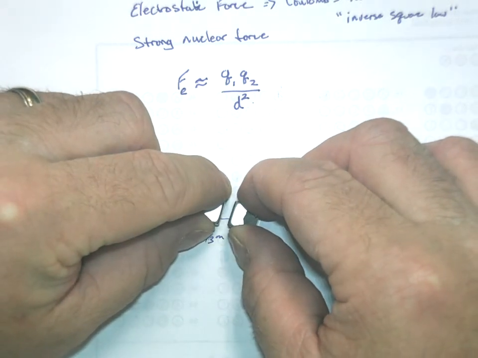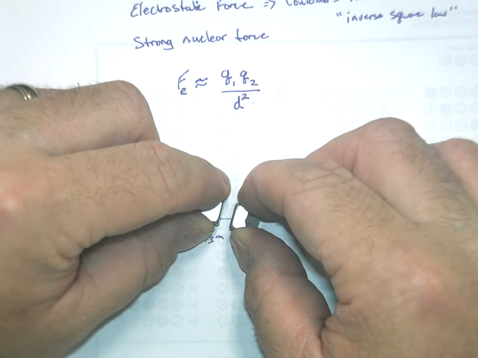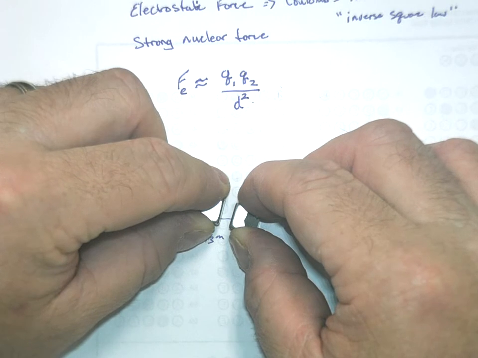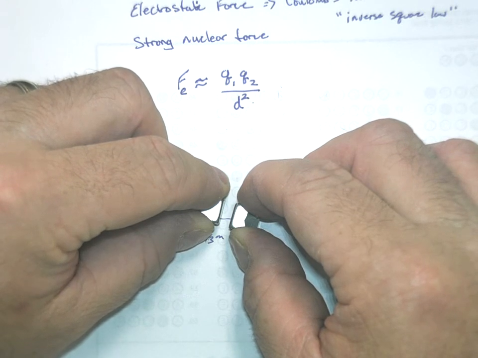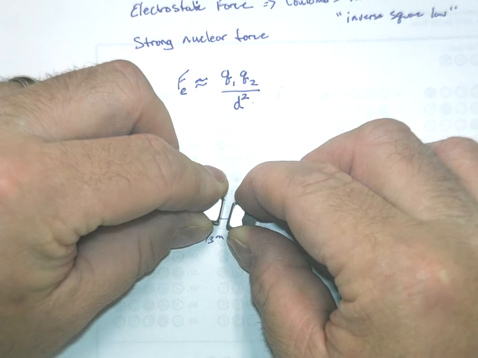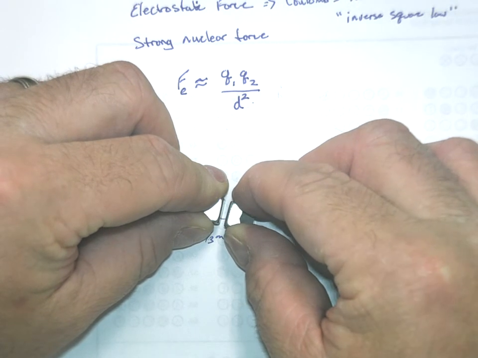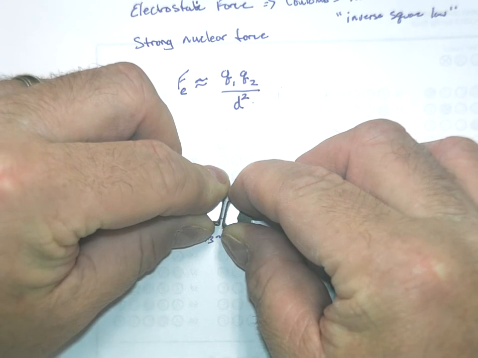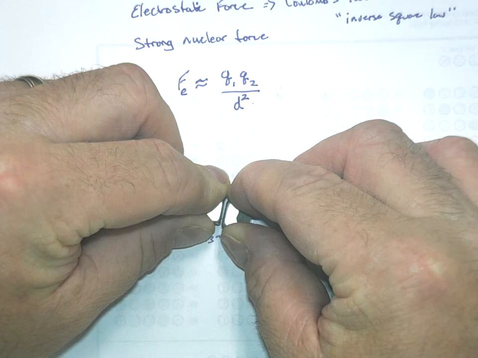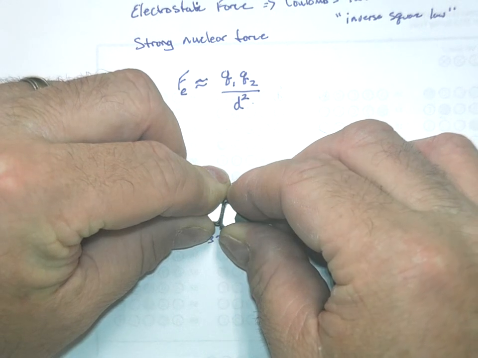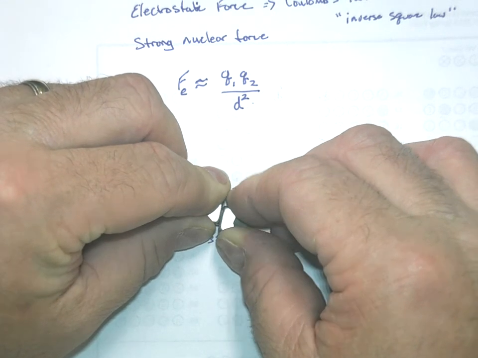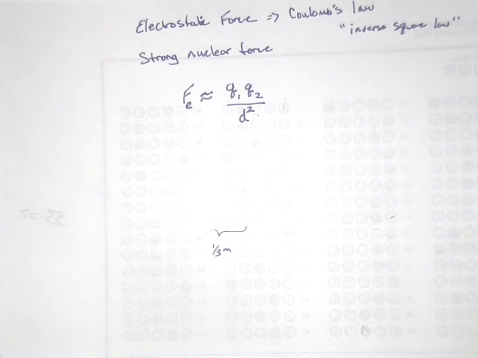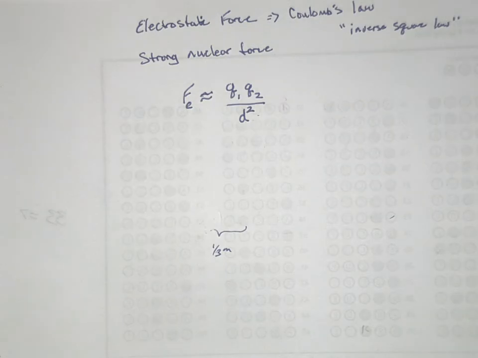But remember, the force is inversely proportional to the square of the distance, right? So as I get closer, it gets exponentially harder. I keep bringing it together, and it's getting really hard to push them together. Okay, so they're touching. It became significantly harder as that distance got really close.